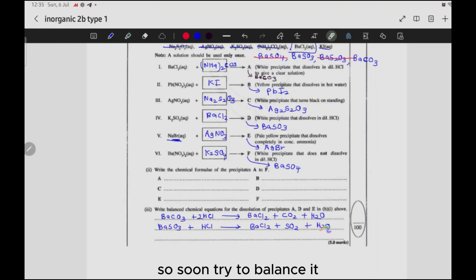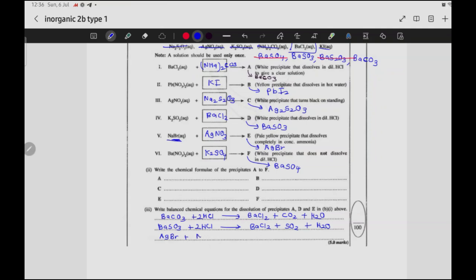So soon try to balance it. I hope it's not balanced. 2HCl. I hope now it's balanced, right? So 3, 2H, yeah. And finally E. What is the AgBr? AgBr with